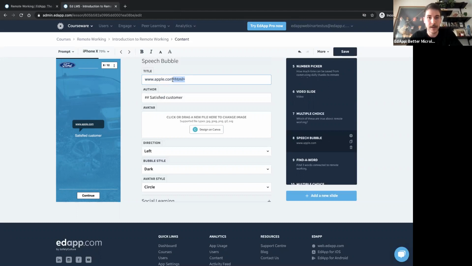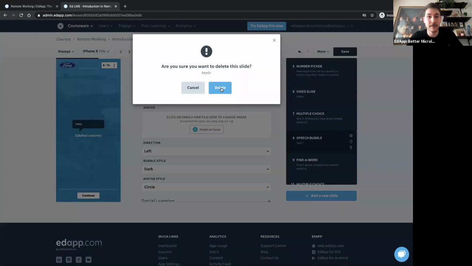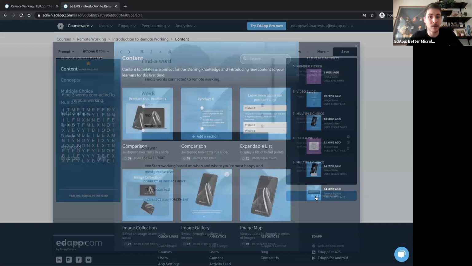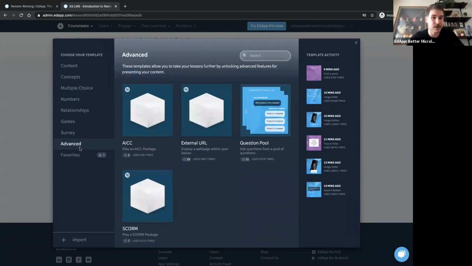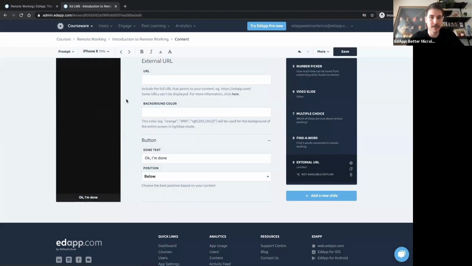Cool. And then the more advanced feature that you were just mentioning there, Jamie, the ability for you to have web frames or entire sites be part of a lesson is really compelling. And you're not going to find that under content. That's over under advanced features. And we call this external URL. And what this really does is it fetches a URL and just displays it on screen. It should work quite well here. Let's go ahead and see if